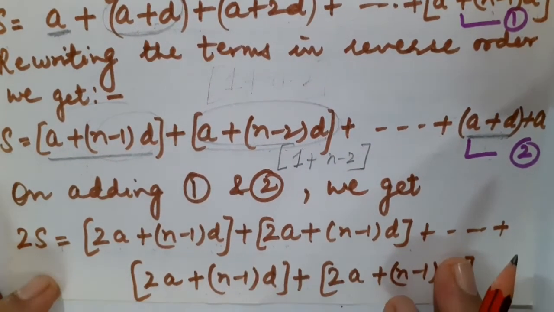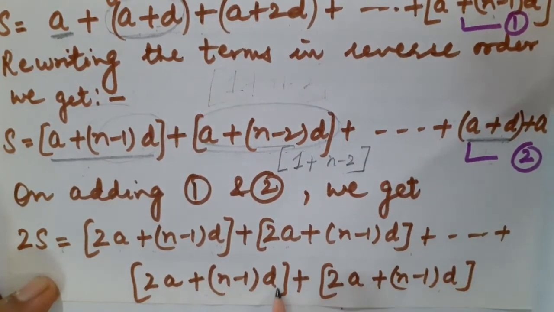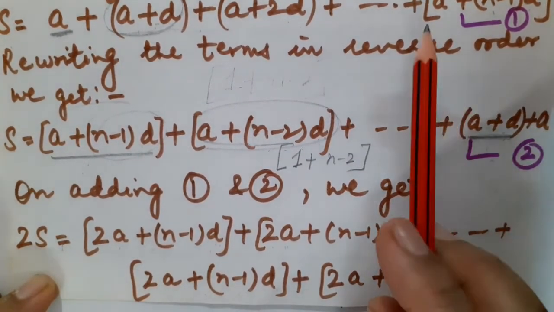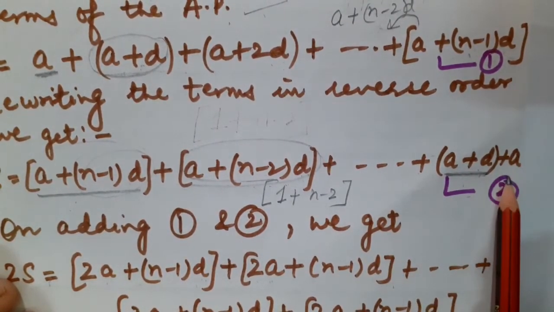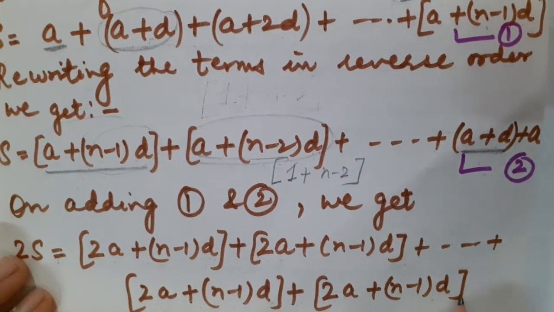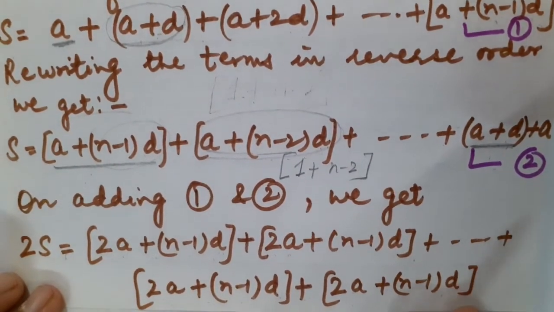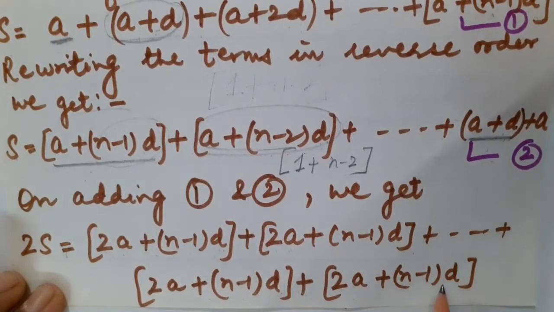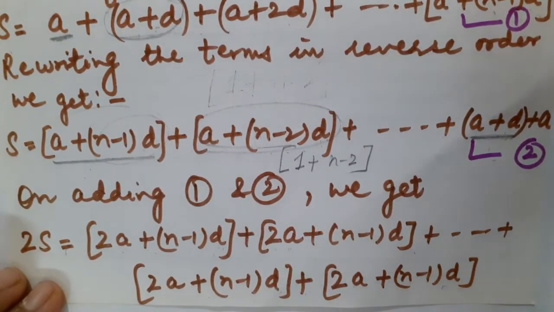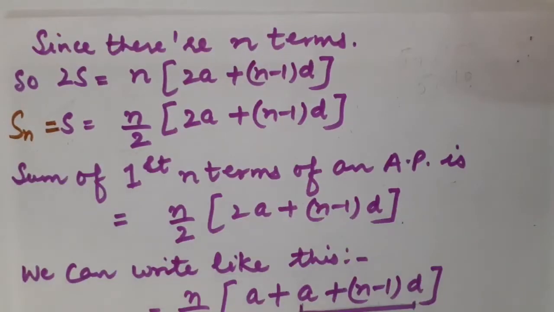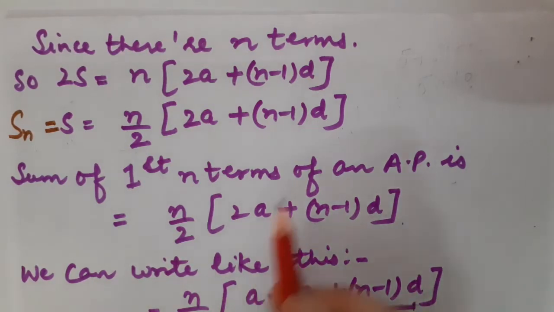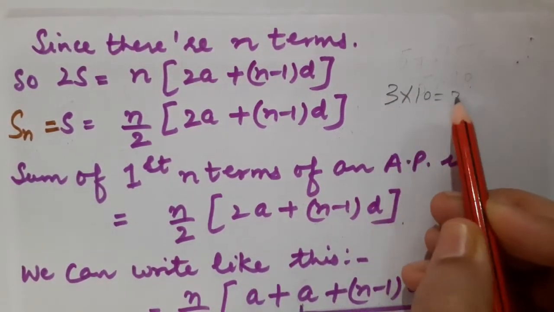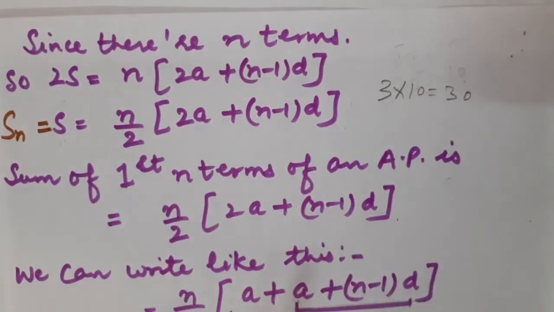So after adding them I will be getting again 2A plus n minus 1 into D. Similarly, the last term A plus n minus 1 into D will be added to A. So I will be getting 2A plus n minus 1 into D. Correct, students? Can you let me know how many times the same term is going to repeat? It is occurring a total of n number of times. Fine. So children, if I ask you to add 3, 10 times, will you keep on adding 3 plus 3 plus 3 plus 3 plus 3 and so on? Or will you multiply 3 by 10? That would become 30. Correct? So the same strategy we will have to adopt here.